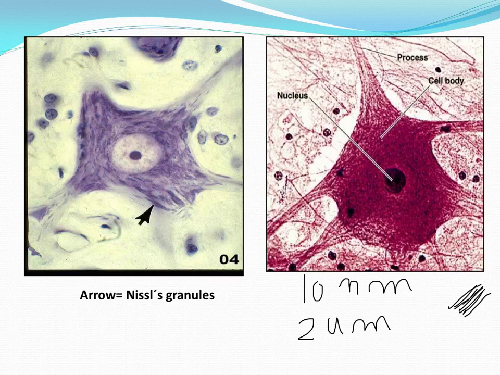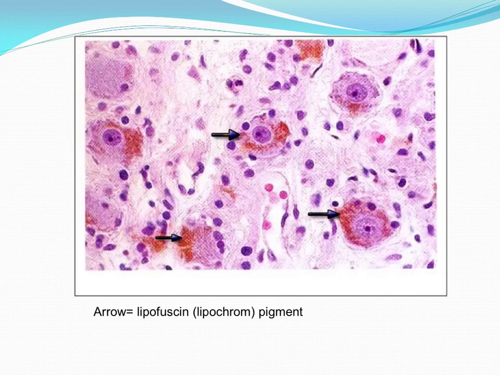So they are not present in the axon, while the neurofibrils are present in the axon. This is a very nice picture showing the